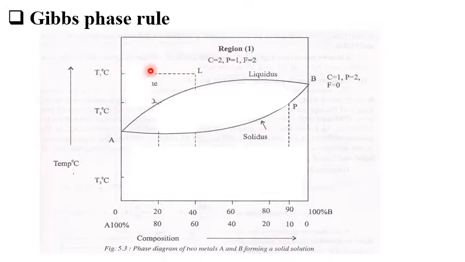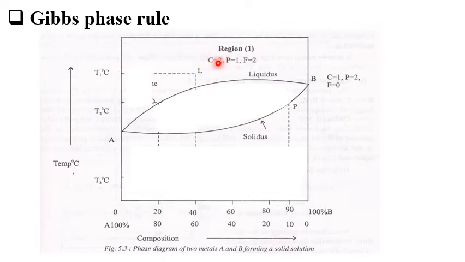If you drop a horizontal line here, and take any composition, say 20-80, 40-60, wherever you take it here, the number of phases present at this moment will be only 1, that is a liquid phase, and